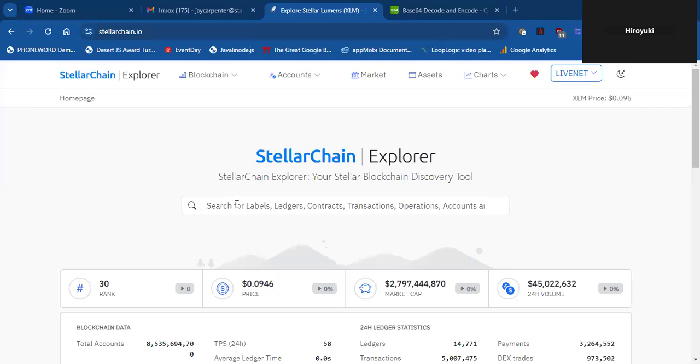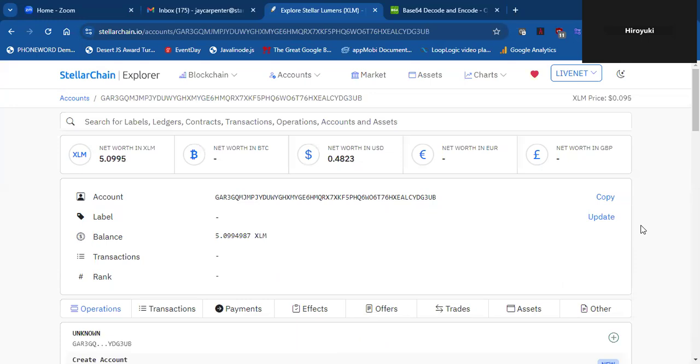So this is StarChain, and I will add the Stellar account where the StarChain NFTs are being minted that contain the links to the chain. Basically, if we do that, we get to this page.